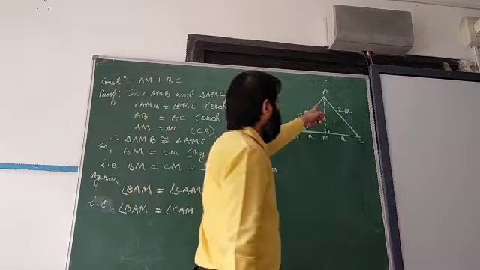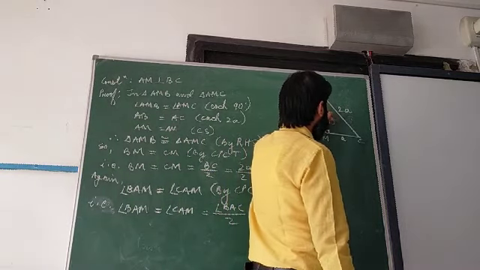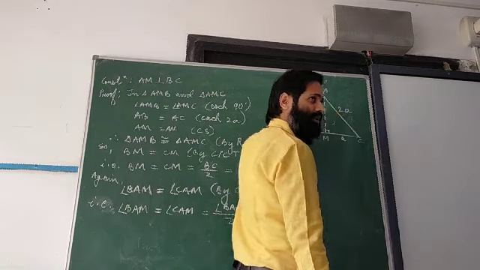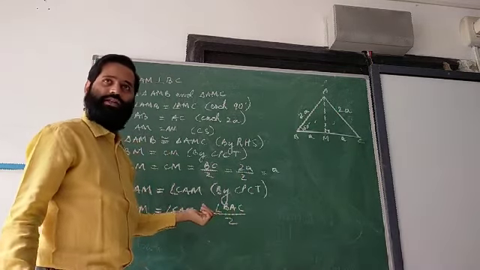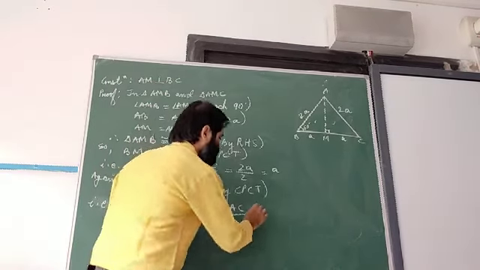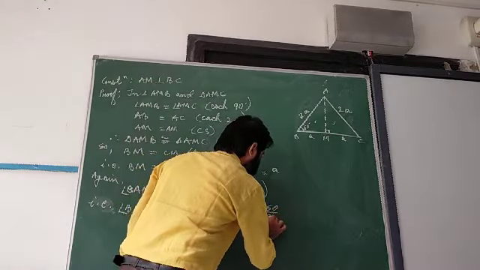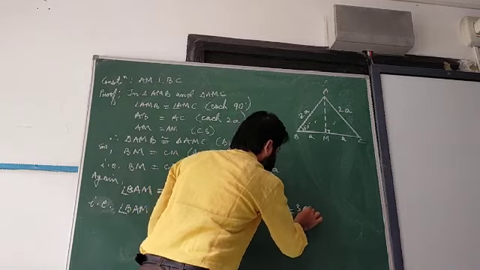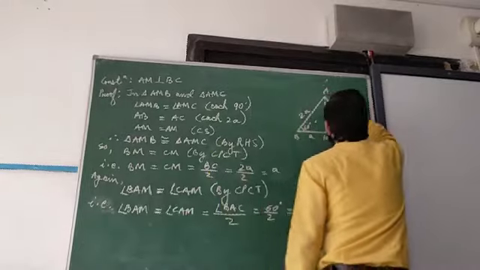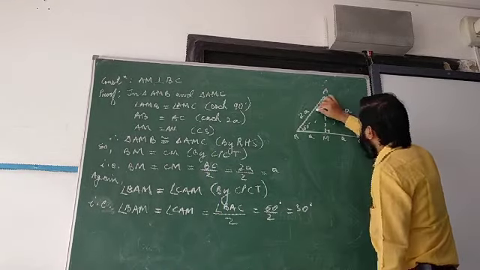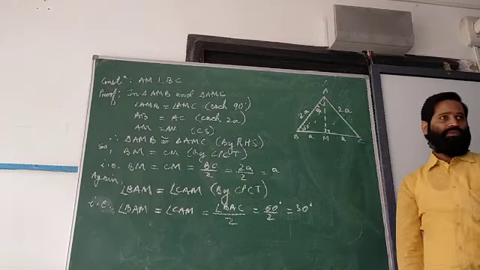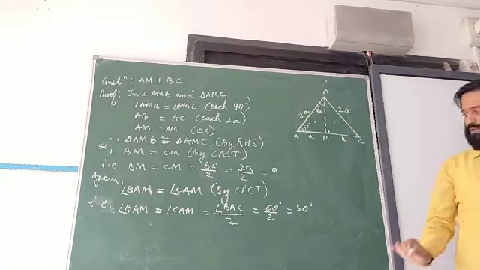If these two angles are equal, it means that this angle is half of this. So half of this, that means BAC. Understood or not? Now BAC means what? 60 degrees. So can we say 60 by 2 equals to 30 degrees? Any problem? Now this is 30 degrees. I am writing it here because we wanted 30 degrees. So we got 30 degrees. Okay? Clear everyone?